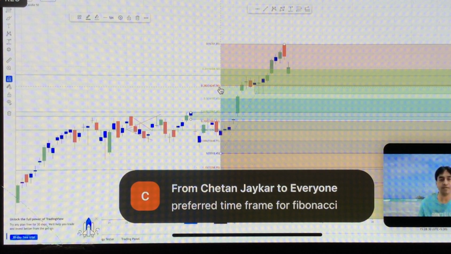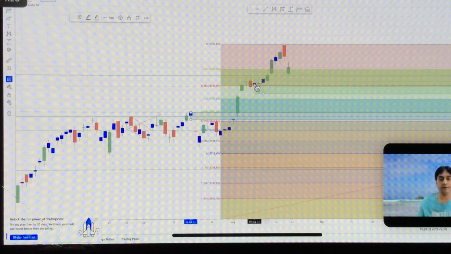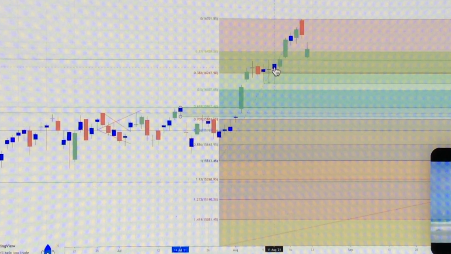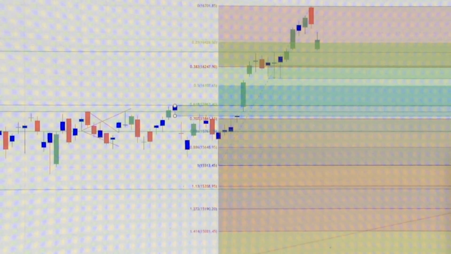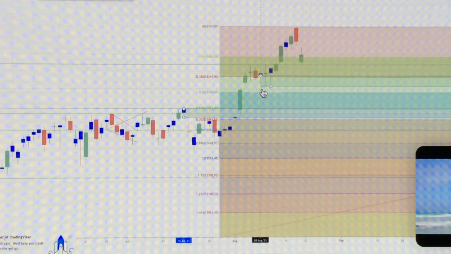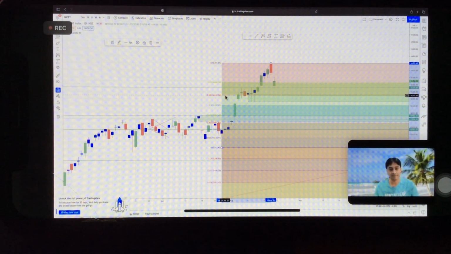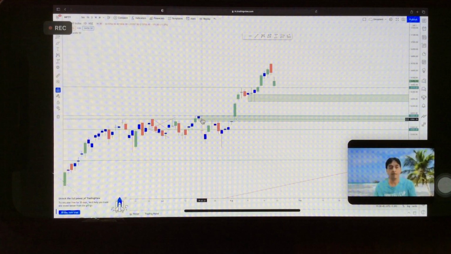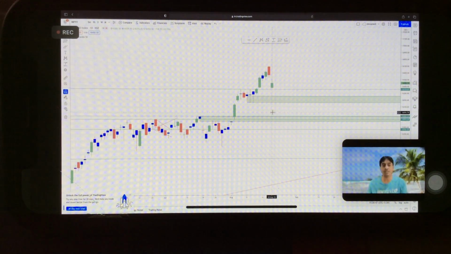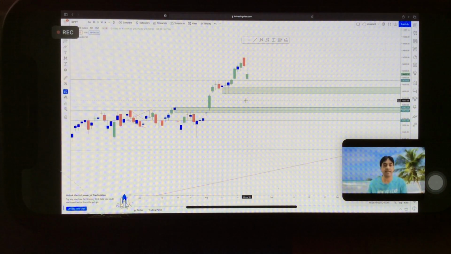Next is 16250. So I am getting a zone here. So I drew this zone and matched my hourly MCDZ with this. And next I am matching this with my flip zone. So these are the two possible levels from where price can give an up move again. Okay, reversal from this level.